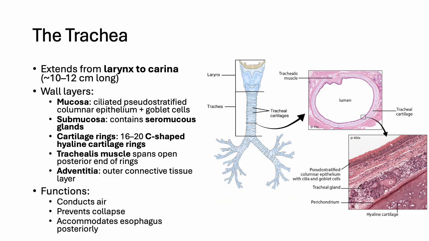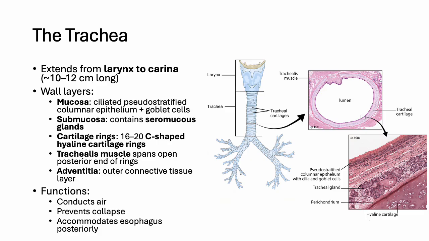16 to 20 C-shaped rings of hyaline cartilage. These rings keep the airway open during both inhalation and exhalation. The open portion of the C faces posteriorly towards the esophagus. Then we have the trachealis muscle. This band of smooth muscle connects the open ends of the cartilage ring. It allows the trachea to contract slightly during coughing and expel air forcefully, and also accommodates the expansion of the